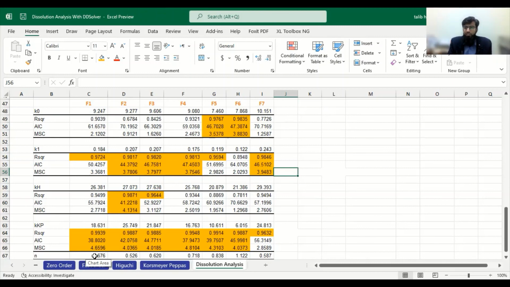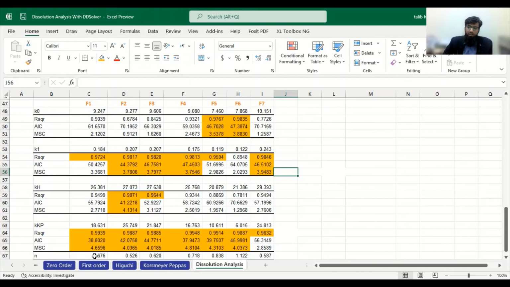Dissolution is the rate limiting step. And for a value of 1, we will define it as a diffusion system. Diffusion is the rate limiting step. For a value between 0.5 and 1, we will define it as a combined dissolution and diffusion model, in which both dissolution and diffusion are rate limiting steps. And for values beyond 1, we will define them as super case 2 systems, which depend upon diffusion, but there is a further cut on diffusion.